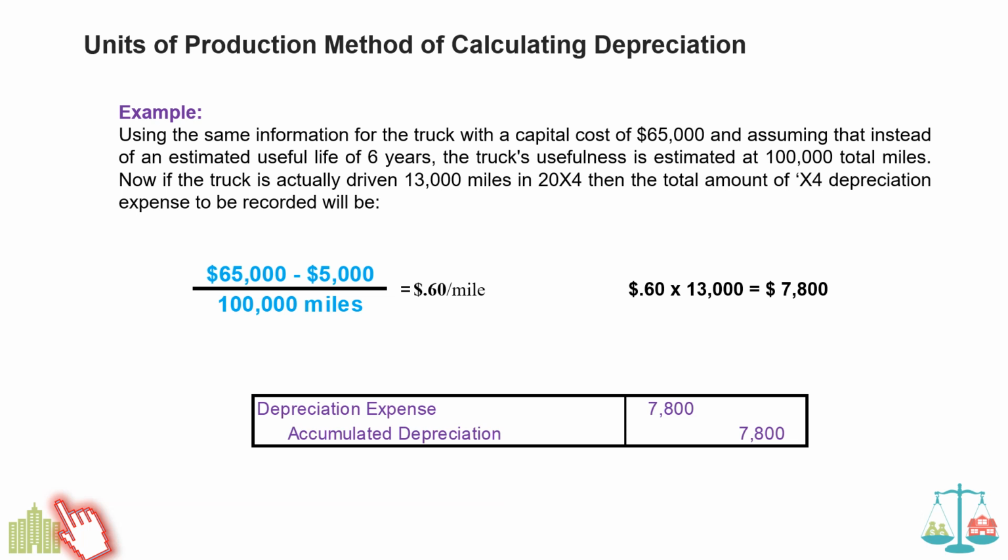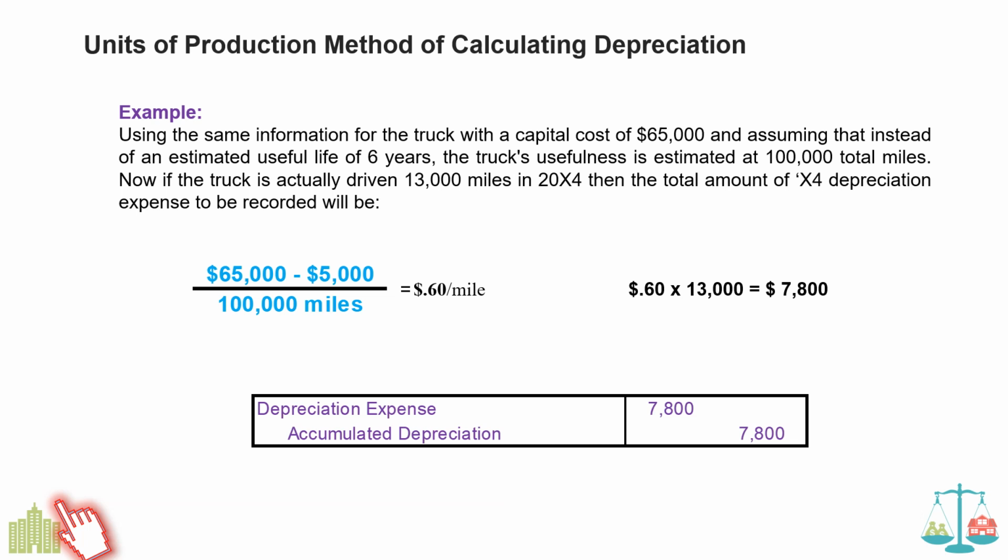So there are some other methods of calculating what I would call accelerating depreciation, from the first year's higher depreciation to lower amounts in later years. And that's referred to as the units of production method of calculating depreciation. Now, let's look at this example, and let's just use the same information that we had